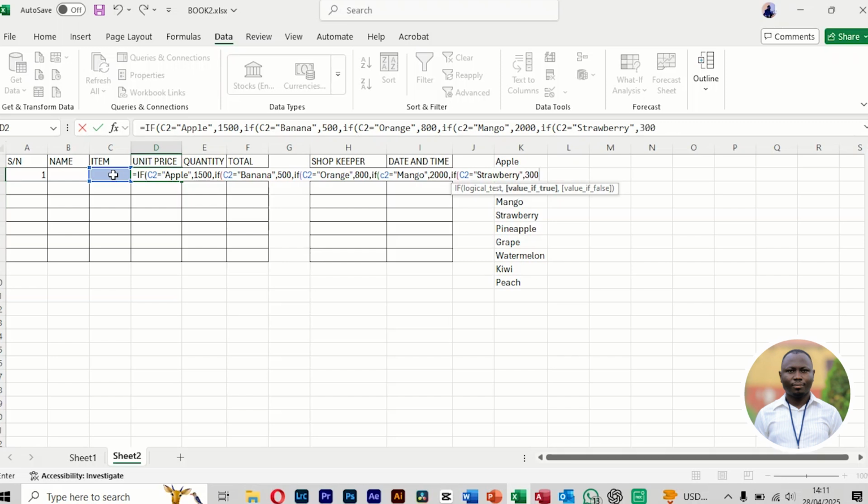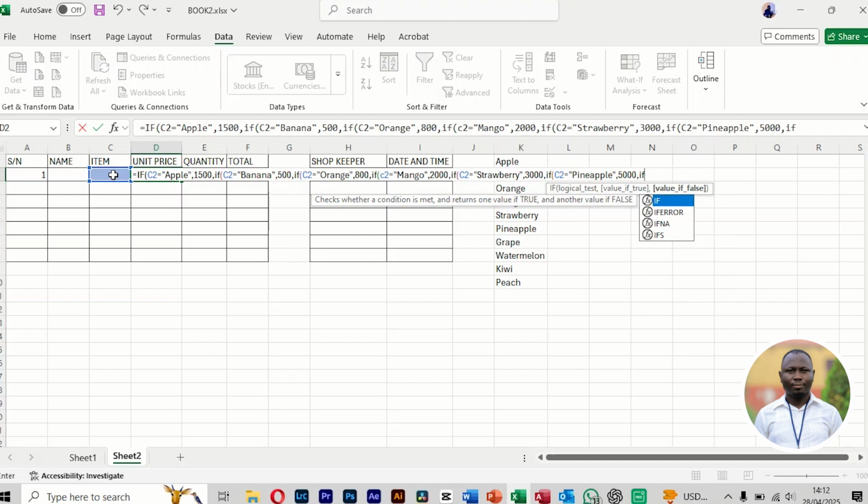Strawberry, let's say 3,000, comma, if open brackets, this equals to pineapple, close, comma, pineapple, let me put it at 5,000, comma, if open brackets,